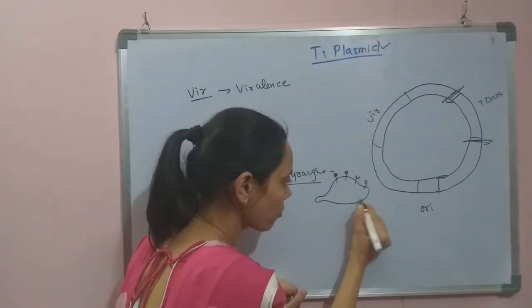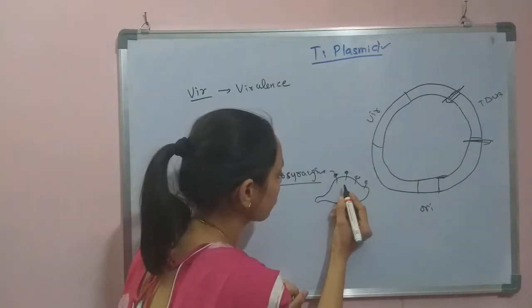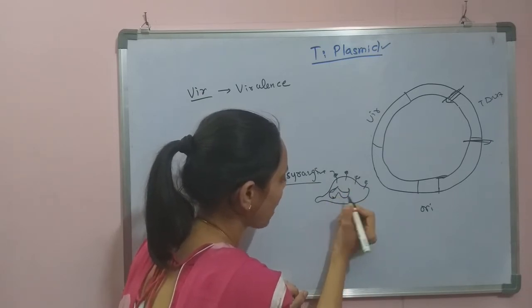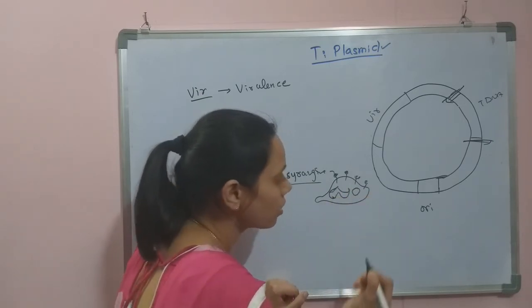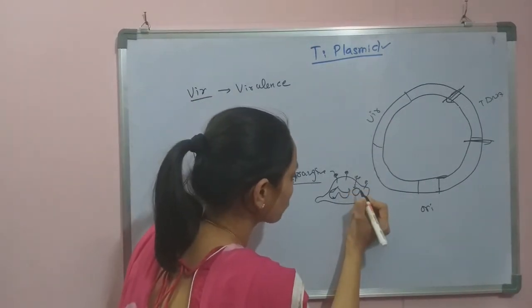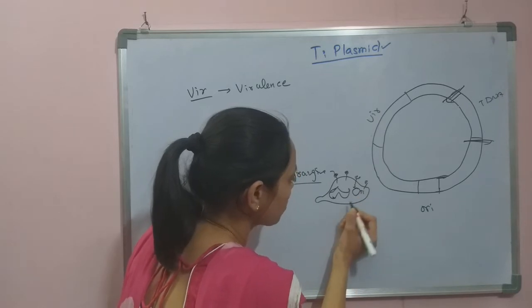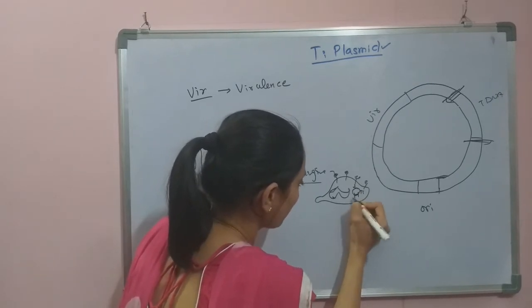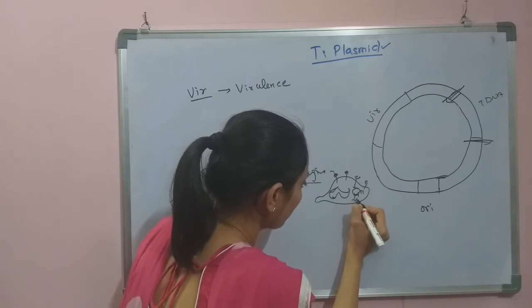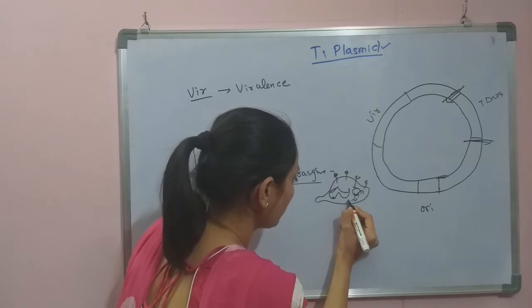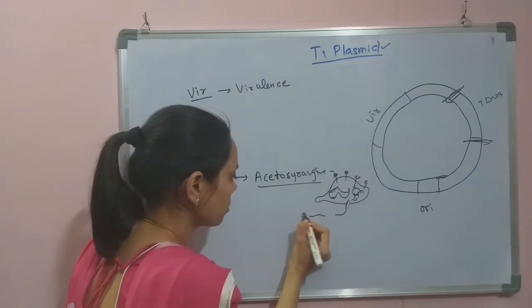So it is an Agrobacterium; this is the bacterial genome and this is the Ti plasmid. The signal will be carried towards the Ti plasmid. On the Ti plasmid, this tDNA will be cut, and the cleaved tDNA will come out of the